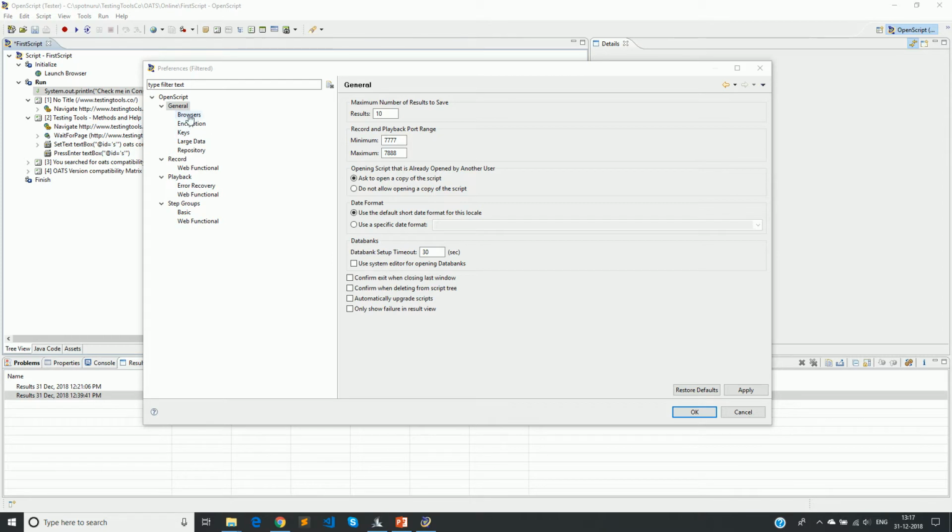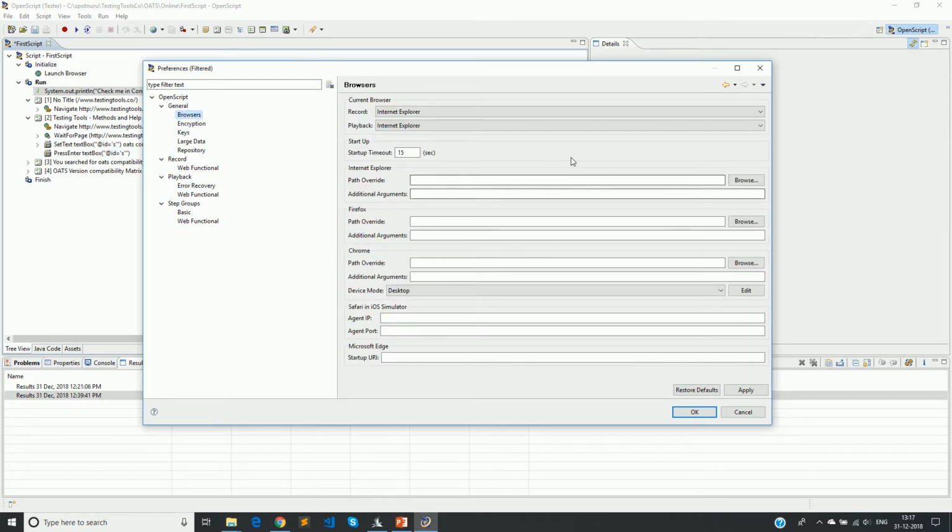Okay, there are some more settings here which are a little self-explanatory. The next one is browsers, which is one of the other important options we have to know. When we were doing the record video, it automatically launched Internet Explorer. The reason is that in this particular setting, it says record should happen on Internet Explorer.